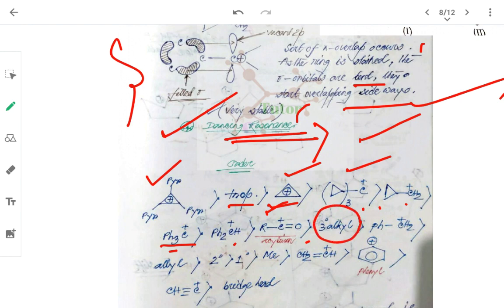This is a highly notable point. In our recent research, according to the carbocation stability,